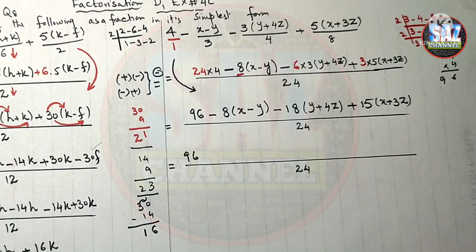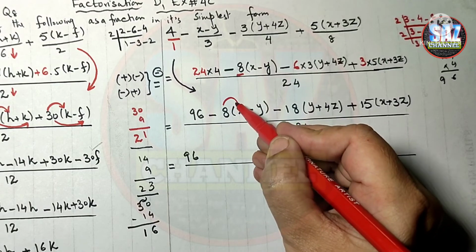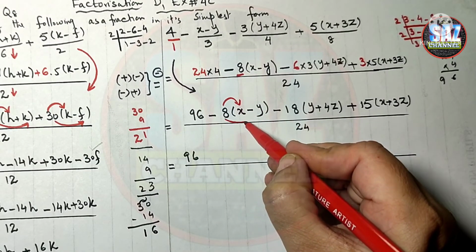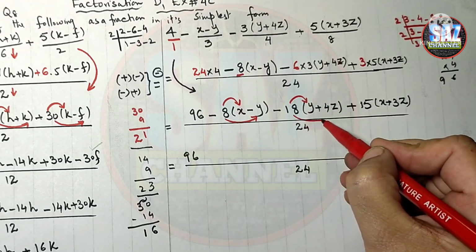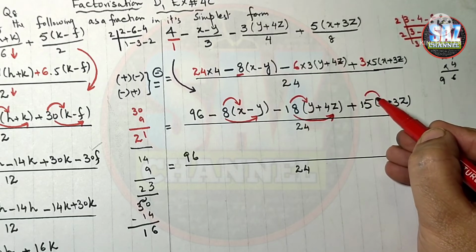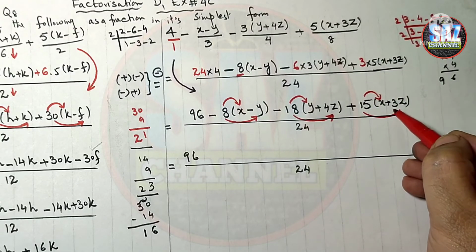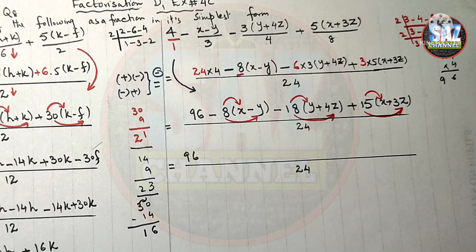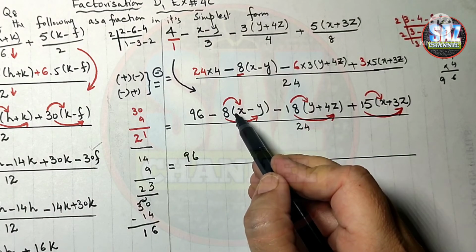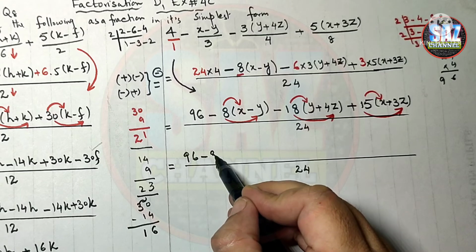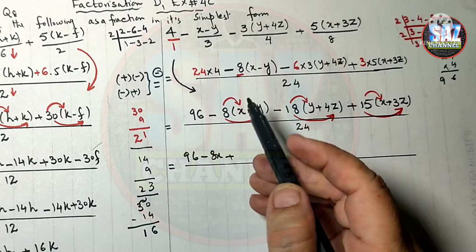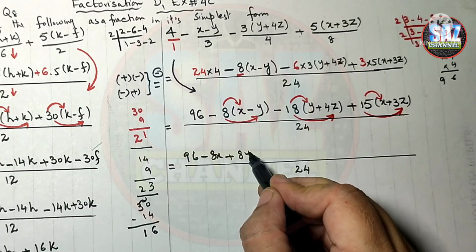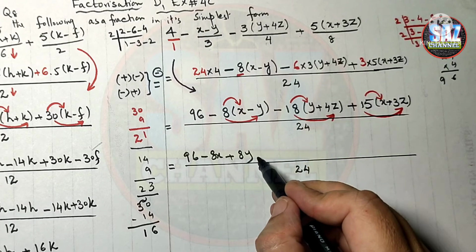96. Apply the distributive property. For the distributive property, we have to multiply each number outside the bracket carefully inside the bracket, keeping the rule of the signs of integers in your mind, as that will really affect our working and solution. Okay, now 96 minus, here we have the positive sign, minus 8x, and minus multiplied by minus will become positive 8y minus 18y,